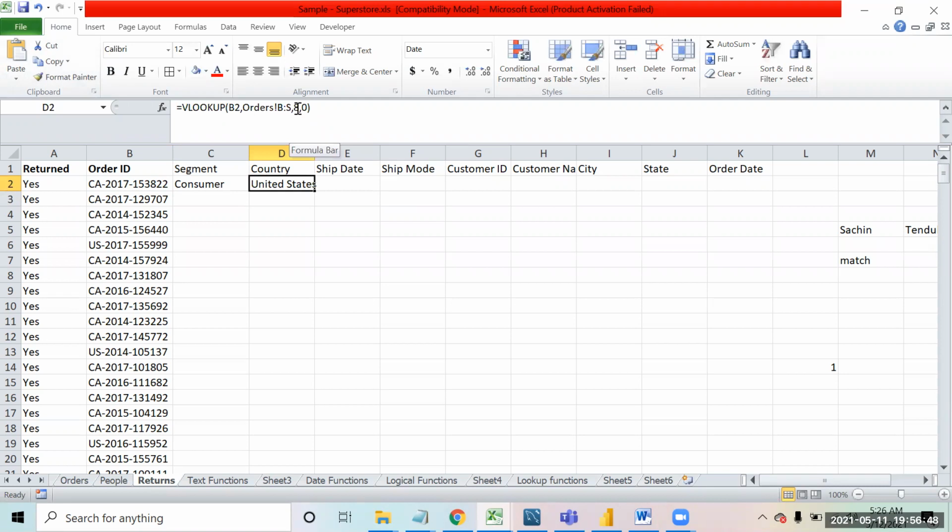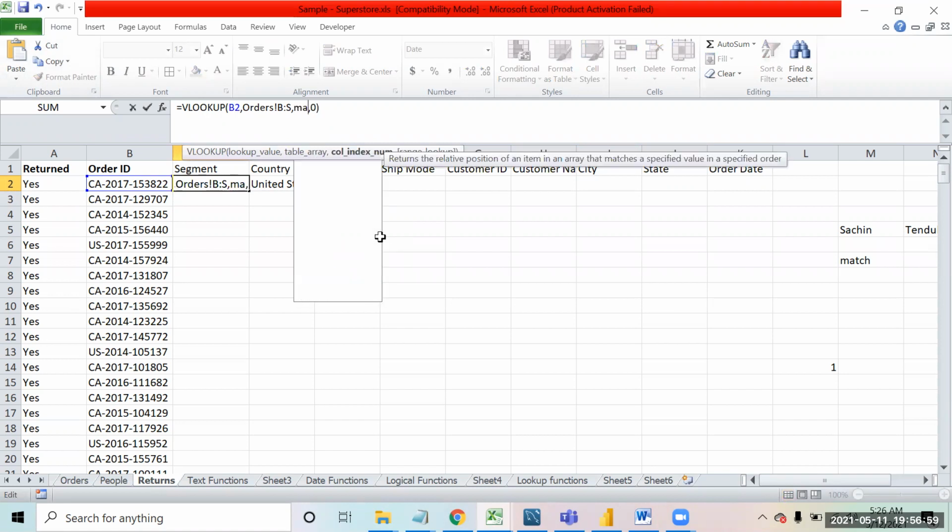This way the formula is becoming static. I will have to change that number for each column. So in order to make it dynamic, for this number that I'm getting, 7, I am using the MATCH formula over here. Match lookup value. I want to find the value segment where in the headers,